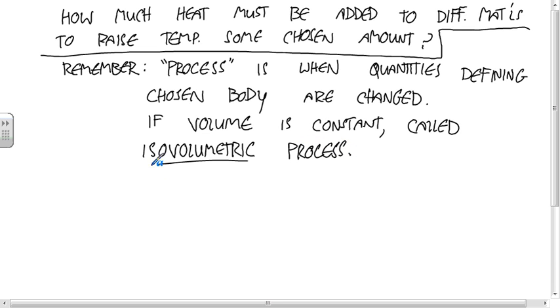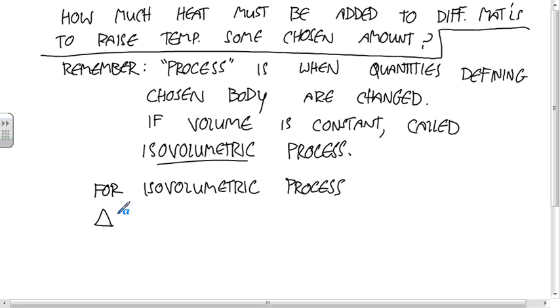And if this is true for an isovolumetric process, the change in internal energy is equal to the heat added. And I'm going to always denote the heat added as Q. I'm not sure why that's chosen, but